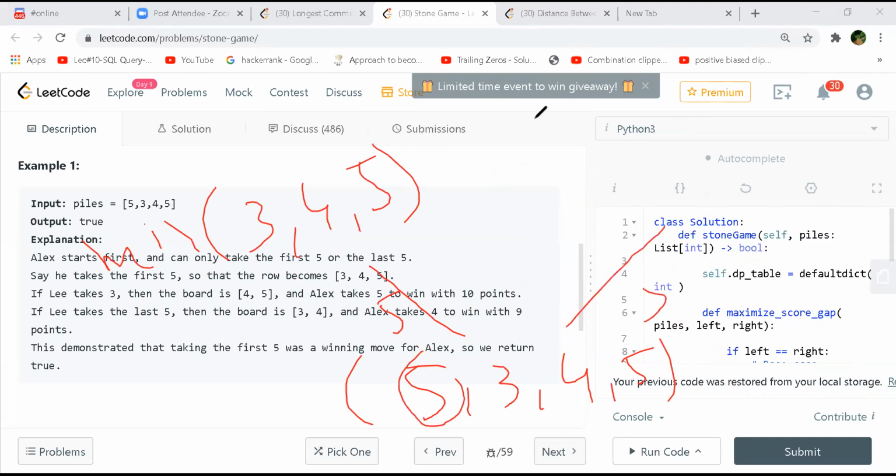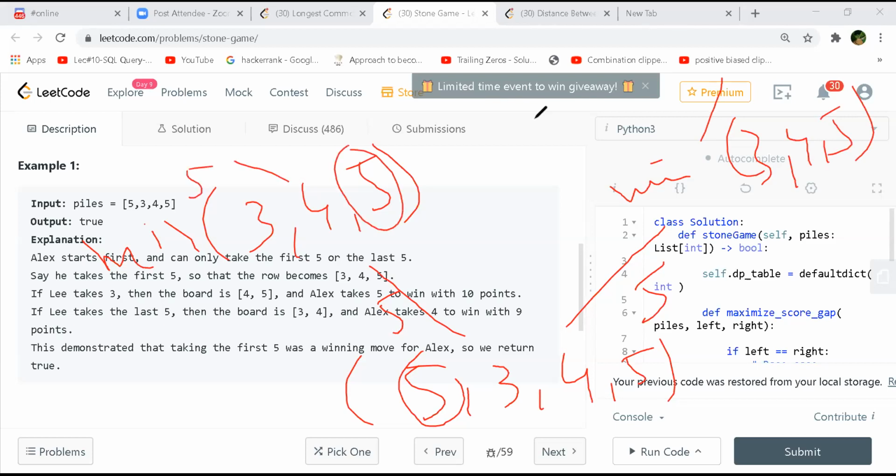And if he takes 5, then the minimum of 3, 4, and 5. And again, when Alex's chance comes, he will take the max out of it. Let's say he takes 5, then again the minimum of 3, 4. From his side, he'll always take max; from the other side, he'll expect the min value. So even before coming to the recurrence relationship, if we actually do it one by one, if 5 is for Alex,